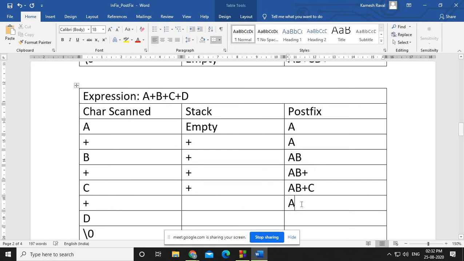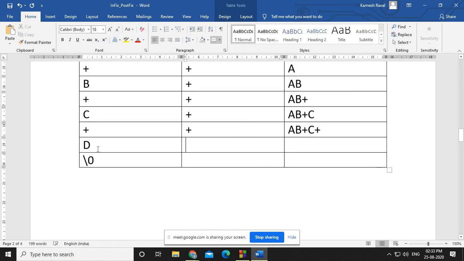So now AB plus C, right? And this operator you just need to pop out. So this will be popped out and inserted here, right? Now if this is popped out, your stack is empty, and in that empty stack this plus operator you need to push. So the stack is having plus.